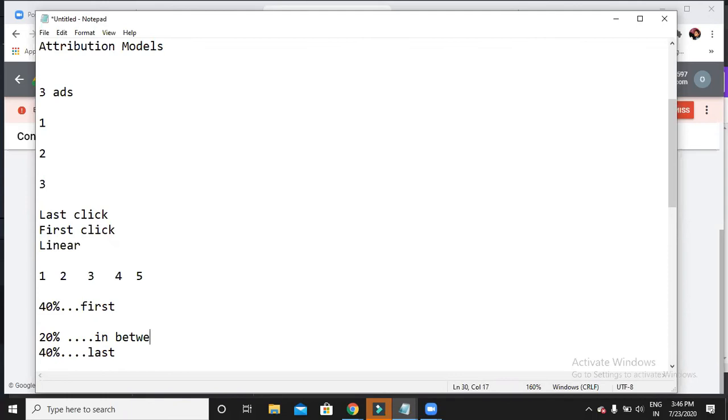Now let's say I have five clicks today. I am going to give 40% to this click, 40% credit to this click, and the remaining 20% credit goes to the in-between clicks. That is what is meant by time decay.